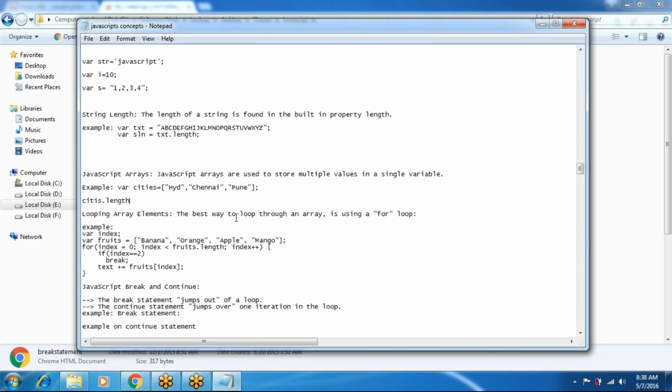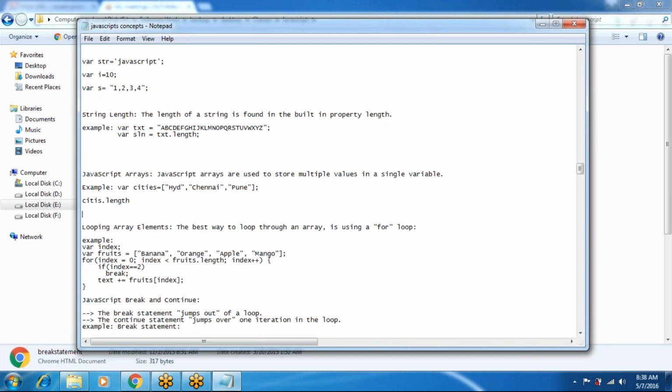Suppose you want to display any single value from this array, you can use the array index, like cities of, okay, for the index use square brackets, and use the index to find any value.